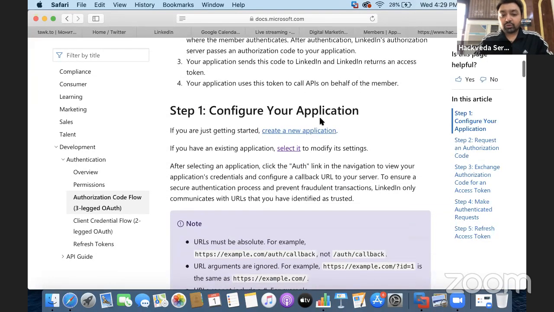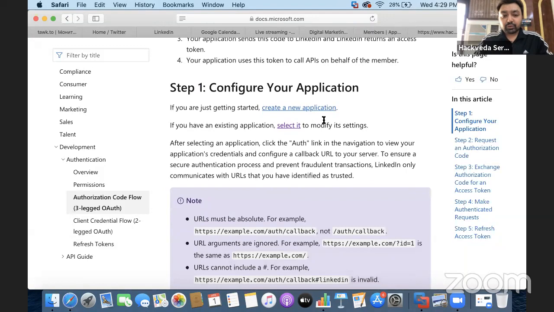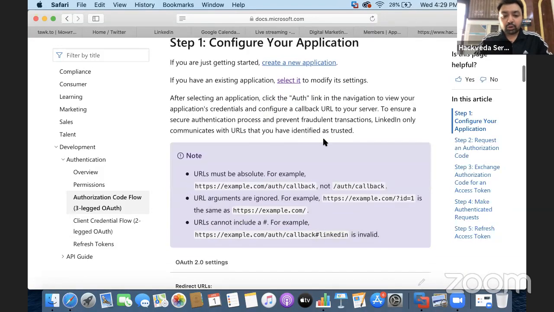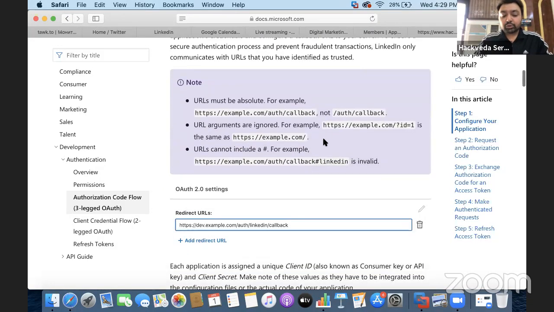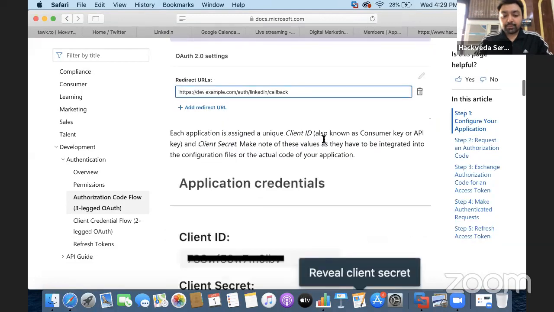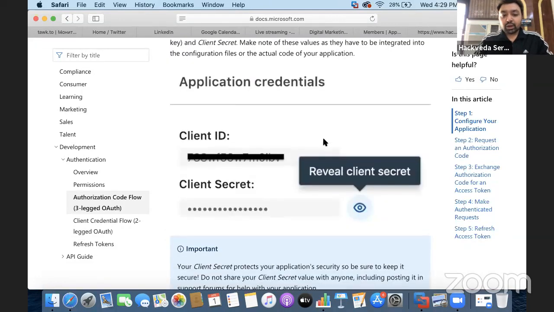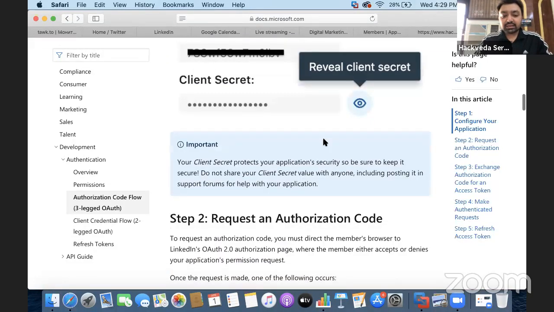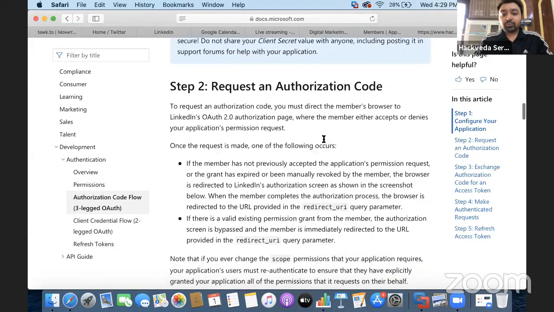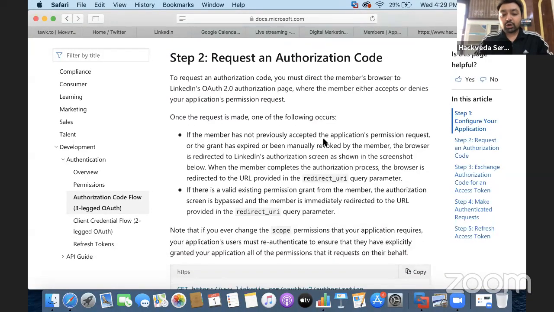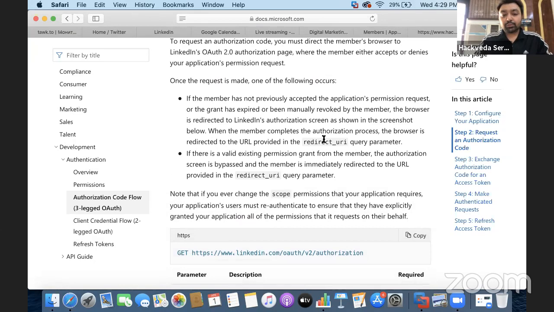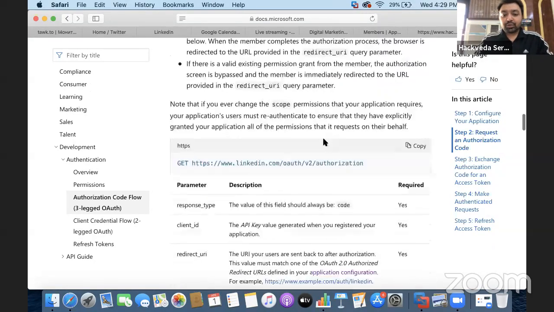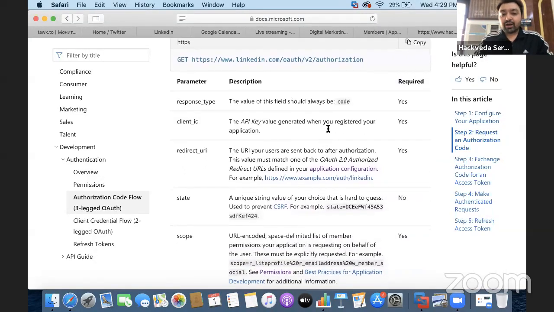First of all, you have to configure your application. You have to create a new application. You have to allow the permissions. I have already told you there are 3 permissions required. Depending on that, you need to have your application credentials and the client secret, and you have to request an authorization code so that you can automatically post. To get this authorization code, you have to send a GET request to this URL,